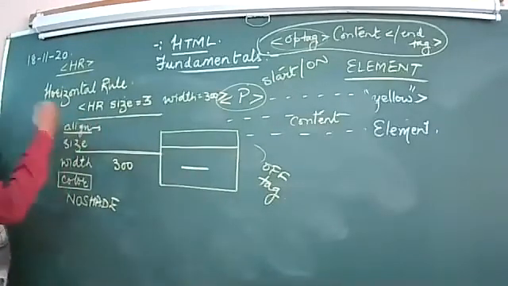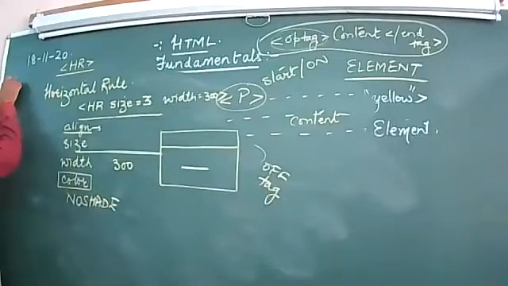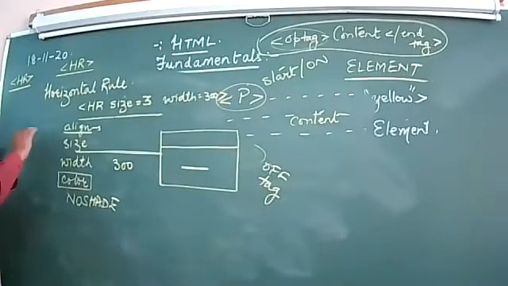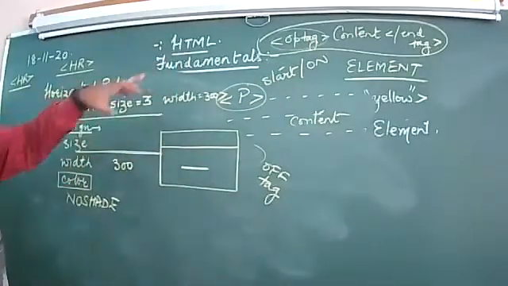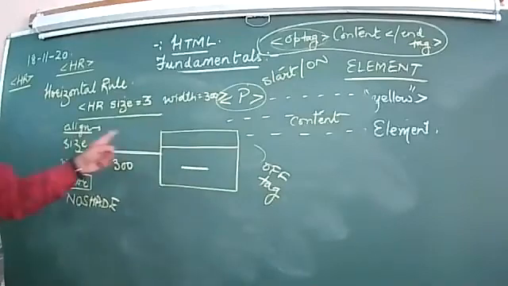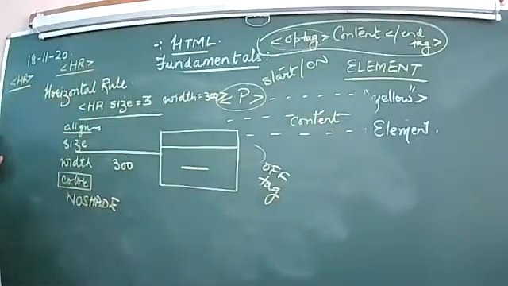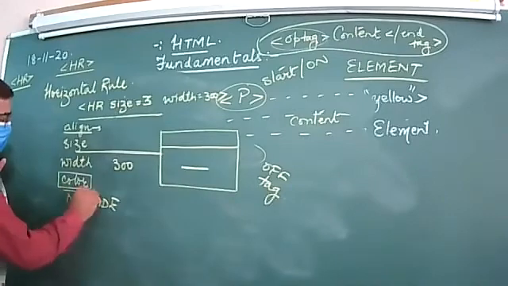Now suppose I am not giving any attribute. I am just writing HR. I am not mentioning any of the attributes. What will happen? It will draw a dim silver type line across the full width of the screen. No color will be displayed. It will be a dim gray type line that will be drawn across the full width of the screen. So by default, it covers the full length. Clear?